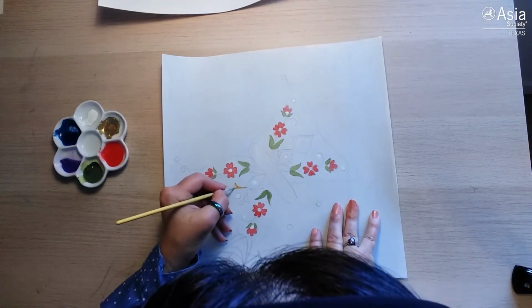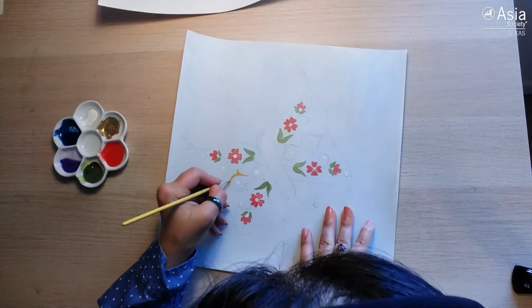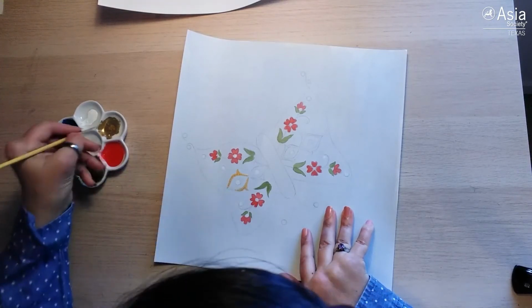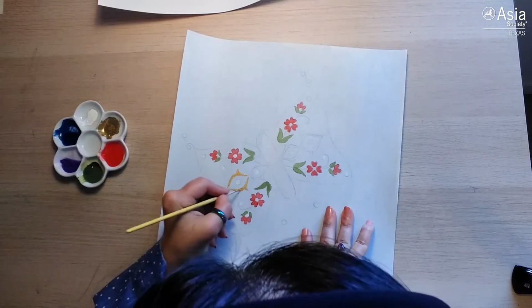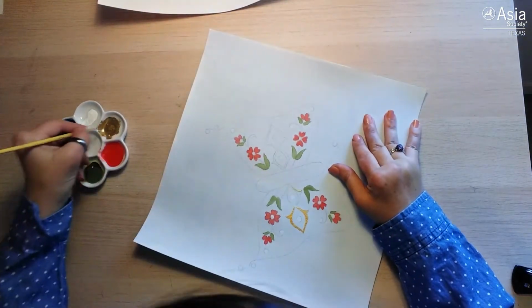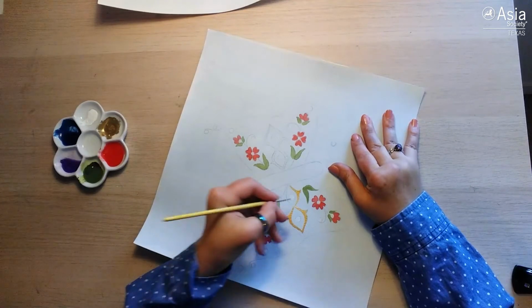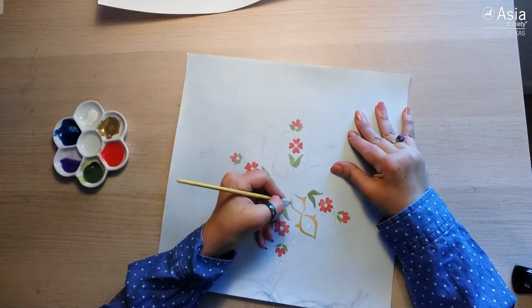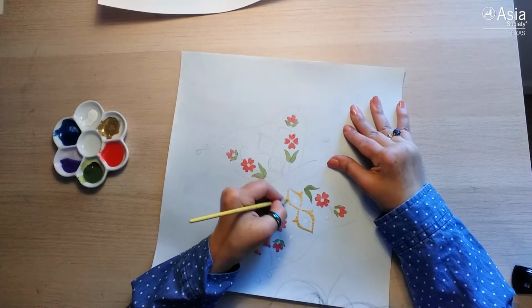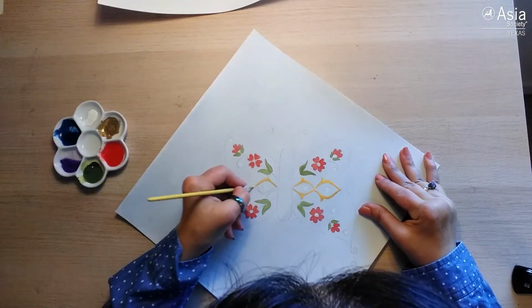What I'm going to do next is add some gold, which is my favorite part because it really allows me to meditate on the gold, the shininess within me, in a sort of alchemy of my soul. You will find gold used a lot in Islamic art to add a sort of magnificent quality to the overall piece, but mainly to represent the gold within us that, once it starts to shine, as represented by our soul, it starts to illuminate everything within us as well as outside of us, to bring out all our shadows and light, so we may know ourselves better, so we may learn the ways of how to become